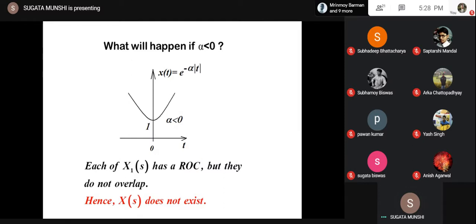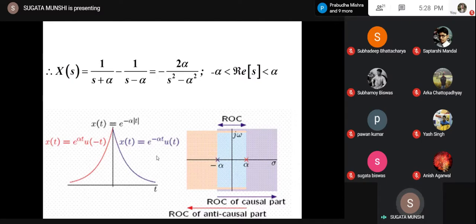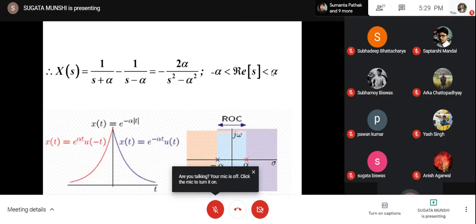All right. Why don't they overlap? Just see here that in this case, the sign of alpha will be just reversed. Here, alpha is greater than 0. If you consider alpha less than 0, then the region of convergence tries to come out as sigma greater than a positive quantity and less than a negative quantity. That cannot happen. Sigma cannot be simultaneously greater than a positive quantity and less than a negative quantity.